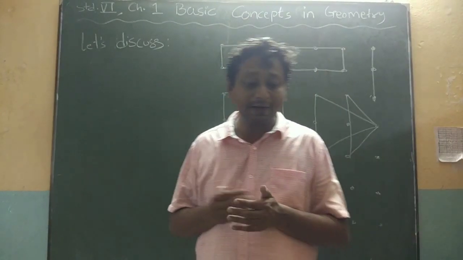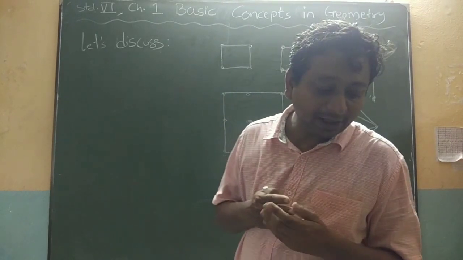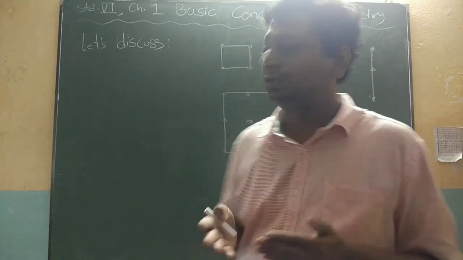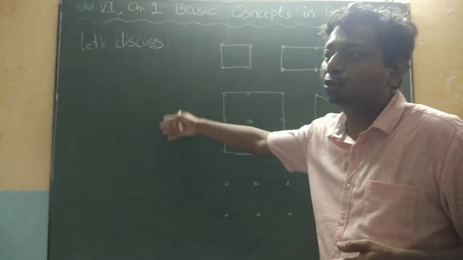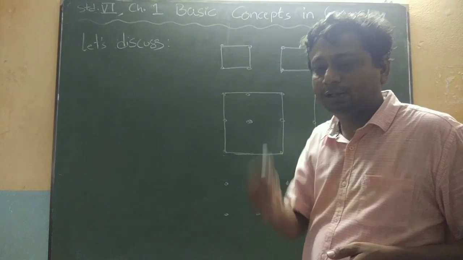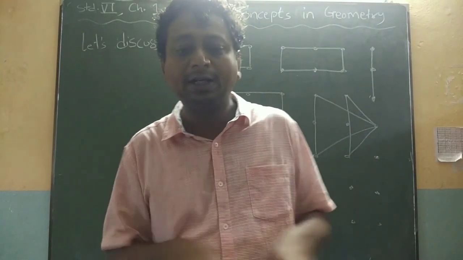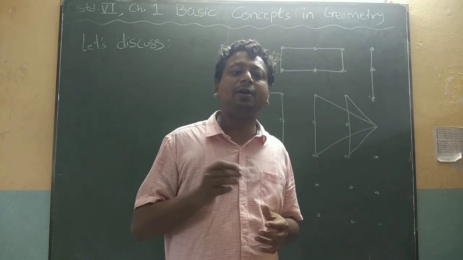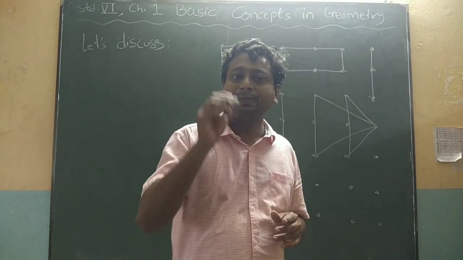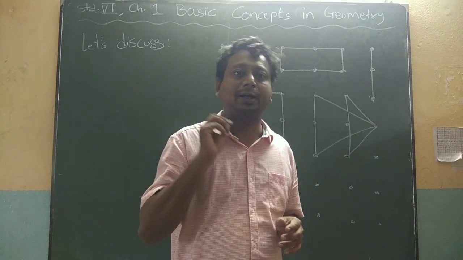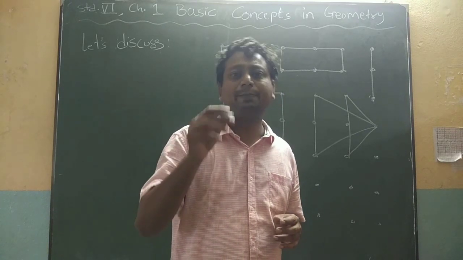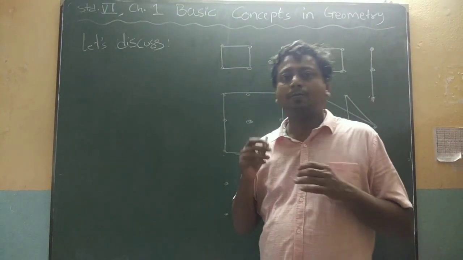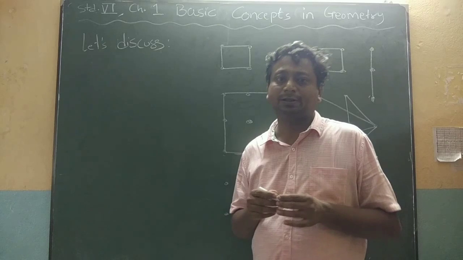So finally what they have asked us is, when making a rangoli on paper, what do you use to make the dots? So these dots, this is a board, right? So I have used chalk. Suppose you want to draw it on a piece of paper or in your book, then you draw dots either by pencil or by marker or by pen. Okay, so by pencil, by pen or by marker, right?